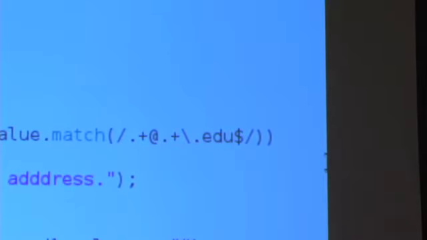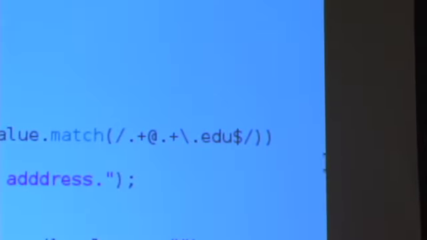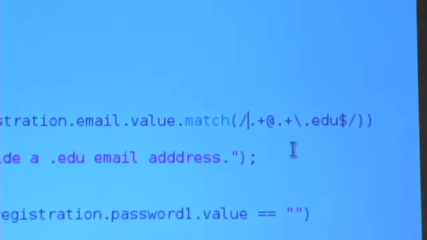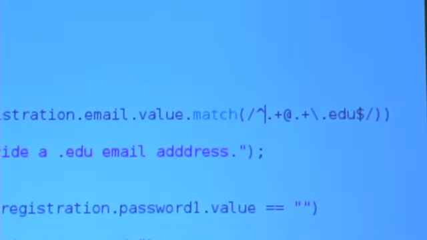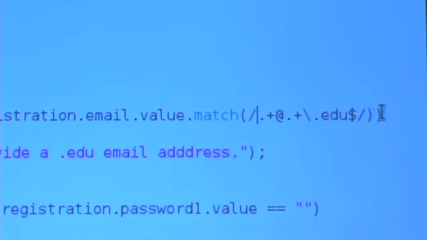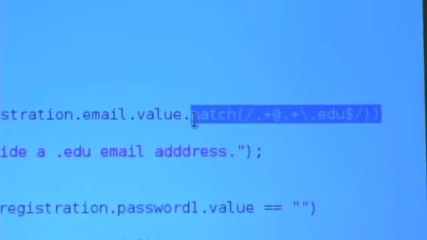Backslash dot means probably what? Literally a dot, right? We have a little problem now. If dot means something special, but we want a dot, we need to escape it, as we did in C with new lines and things like that. Edu means edu, and then $ is a special token that just means match all the way to the end. Frankly, I've never come up with a good intuitive explanation of this, but $ means that .edu has to be at the end of the string that you're matching. And the opposite of that, for those who are curious, is a caret symbol, of all things. They're not really opposites. But for now, all I'm asking the question, just like Facebook version 1.0, was did the user register with some address ending in @something.edu? So not even Harvard in this case.